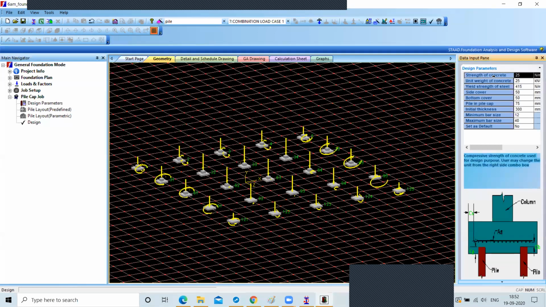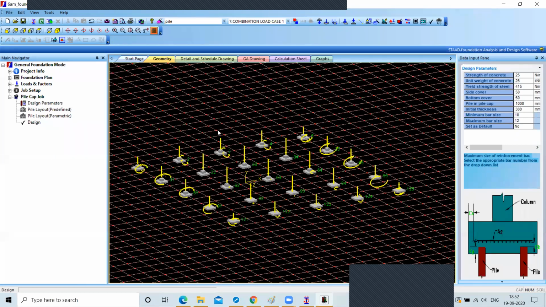Strength of concrete, unit weight of concrete, yield strength of steel, side cover, bottom cover, pile in the pile cap, and the initial thickness. This is your minimum bar size, or this is your maximum bar size.